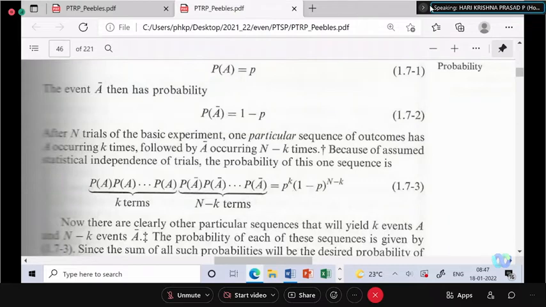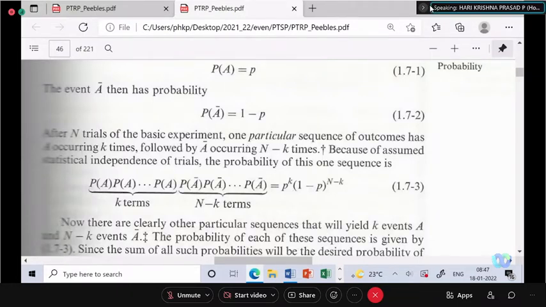What should happen in the remaining n minus k outcomes? It can be tail. Should be tail, right? So, if an experiment is repeated n times, and if the condition is that out of n outcomes, k outcomes should be heads or event A,